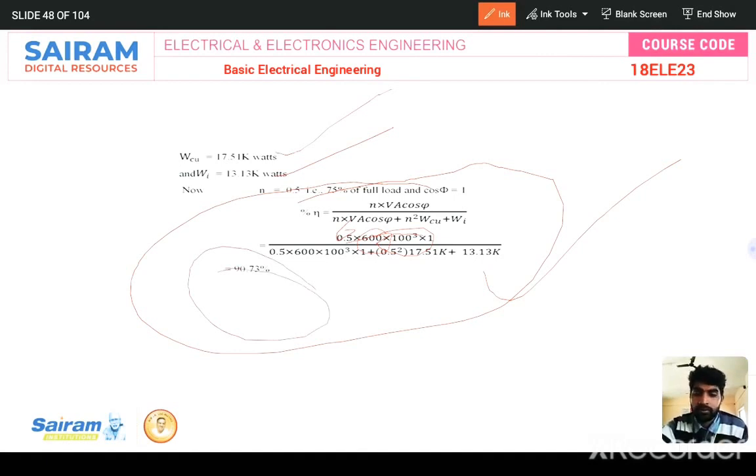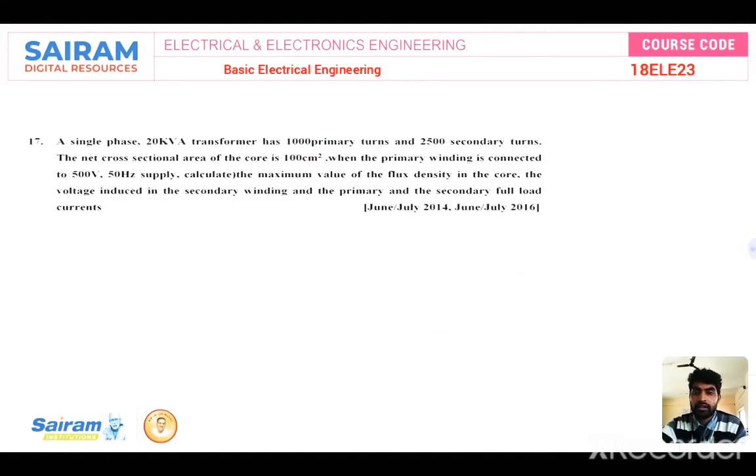Before solving the problem, we must know the transformer efficiency, just like assumption above 90%. If you are getting less than 60 or 70% or less than 80%, once again redo your calculation. Just check the data given. Because the transformer efficiency always will get more than 90%, then only transformer is in good position, transformer is in working condition. Okay, let's see another problem.